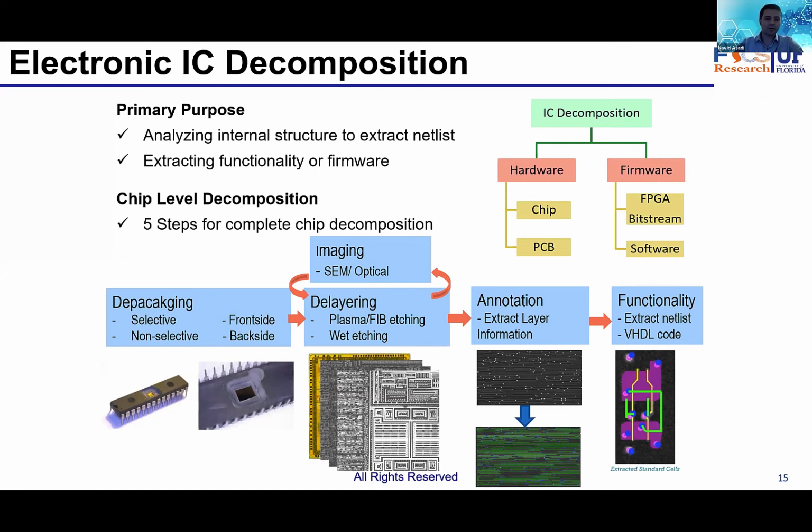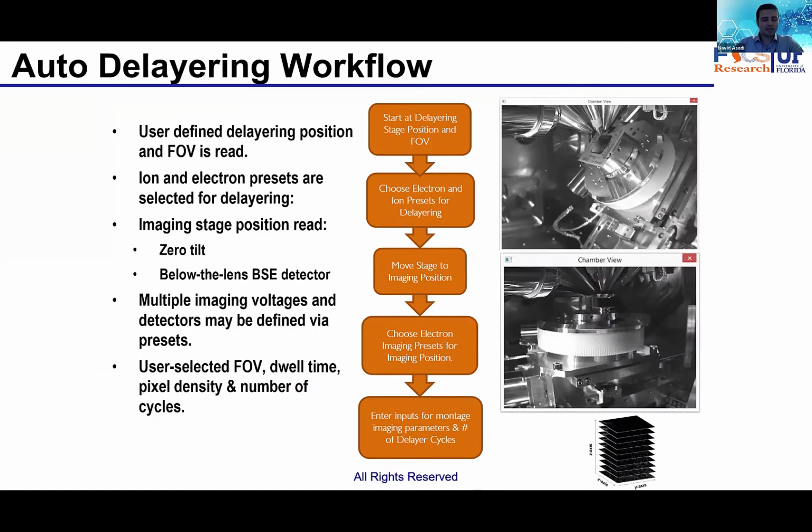As for the delayering process, a couple of years ago we worked on it with plasma FIBs that can open up a large area on ICs, about 1 by 1 millimeter. We developed a recipe, a process, so that with the FIB one can automatically delayer a chip and collect the images. You run this algorithm on your FIB machine, and the next day or in a couple of days you come in and have a stack of images from about a 1 by 1 millimeter area, maybe 14, 15, or 20 different layers,